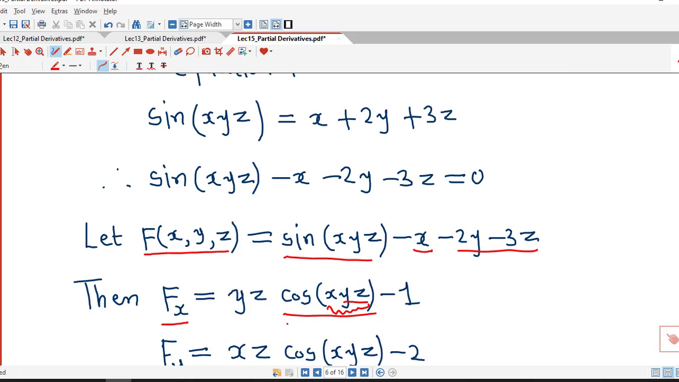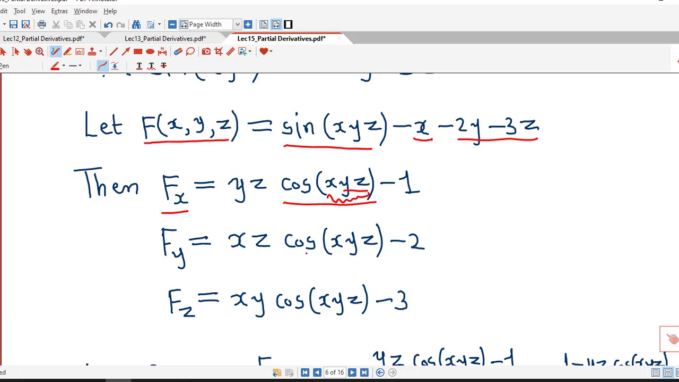Similarly, del f by del y is derivative of sine function, which is cos xyz, into derivative of xyz with respect to y. So xz is constant, derivative of y is 1, and derivative of minus 2y is minus 2, derivative of these two terms with respect to y is 0,